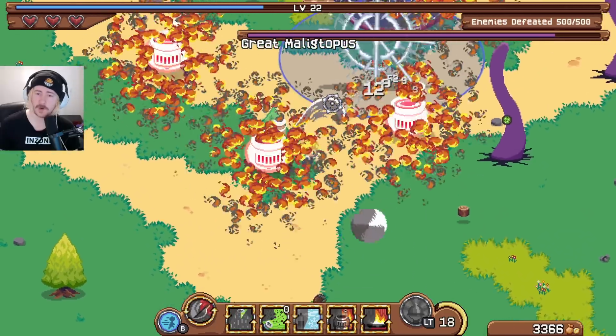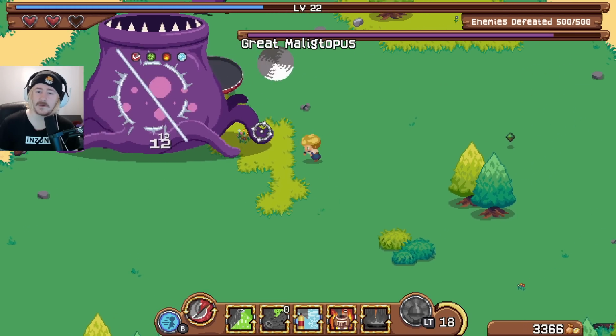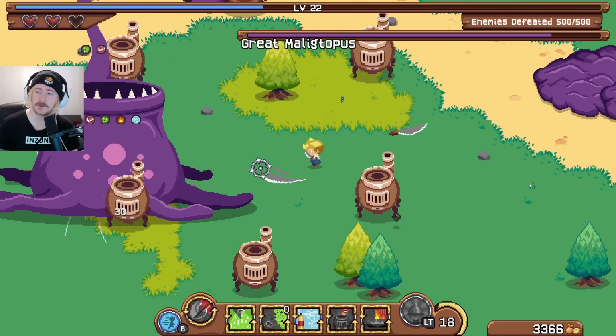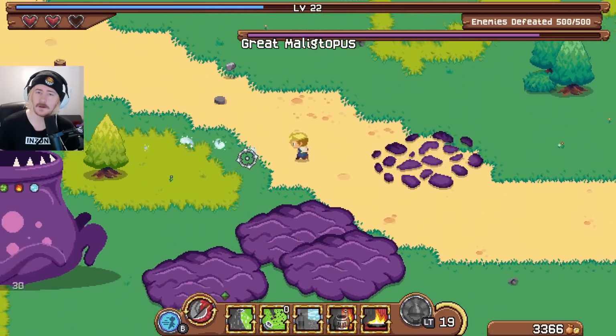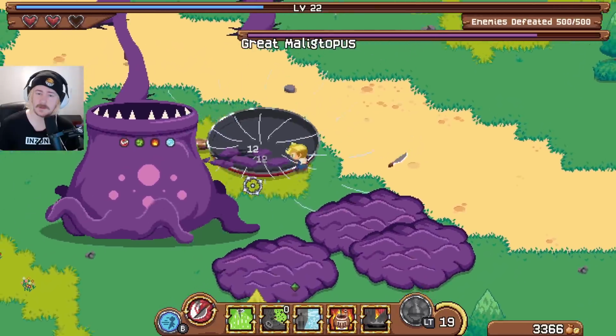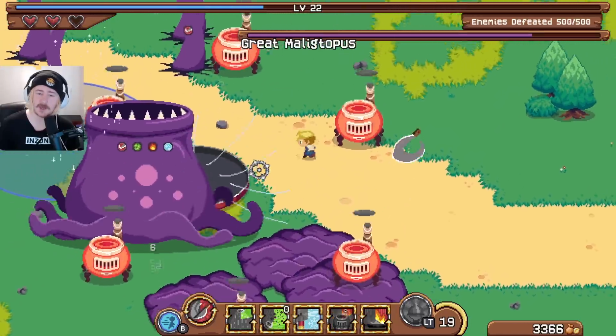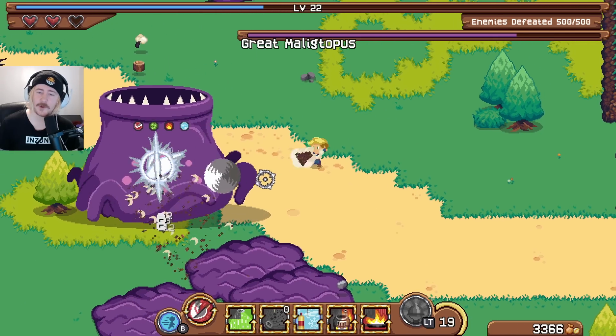We're working with it. I have no idea how I'm supposed to dodge that. I simply do not know. I don't know if that's just like a DPS check. Like, hey. I feel like this is...